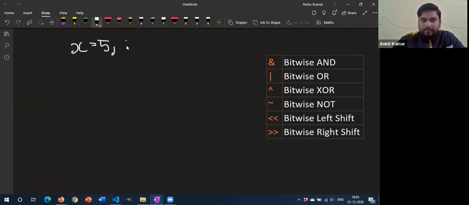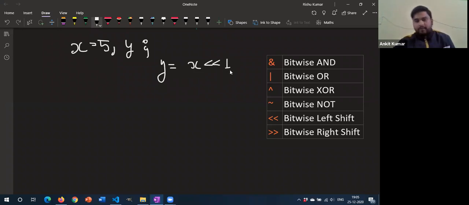Okay, so now let us suppose that we have a variable x, which is again 5, the same question I'm using, and we have another variable y. Data type can be anything, you can use it according to your requirements. So x is 5 and y is another variable, and I want to do the calculation y is equal to x left shift 1. Why am I writing 1? You have to tell the computer by how many bits you want to shift the number, each bit, by how many places. So here I have written 1. It means that I will shift each and every bit by one place.